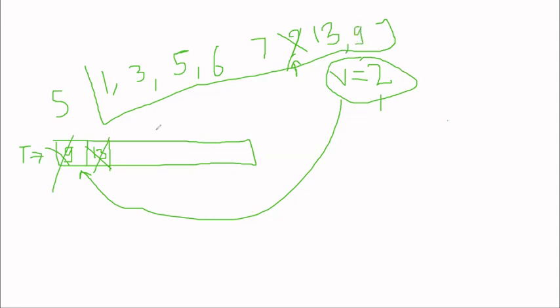Now our stack is empty, so we cannot pop anything from our stack. Again we'll add 2 here. This 2 will be pushed at the top of this temporary stack. We'll again repeat this concept. 2 is not there, so 9 is at the top of the stack. So in the V, 9 will be stored.